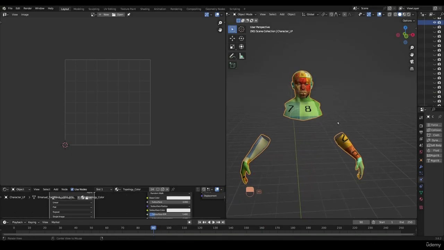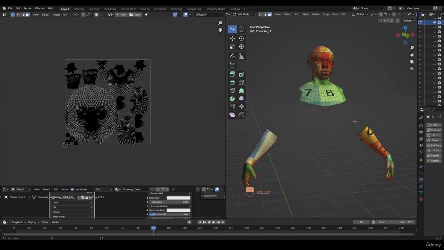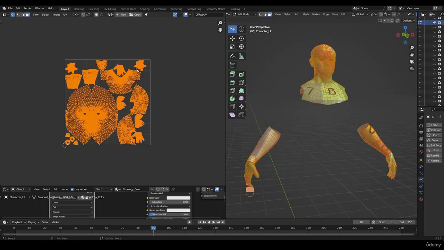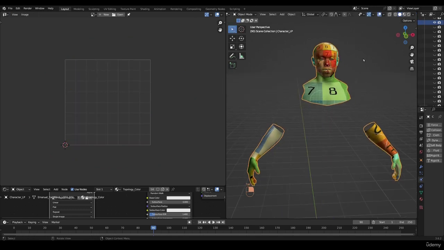Alright, so we are done doing the head and the arm and the hand area. And as you can see, they are all in one UV layout. That's because it's going to be in one texture set when we put it in Substance Painter. And what we're going to do is we are going to make